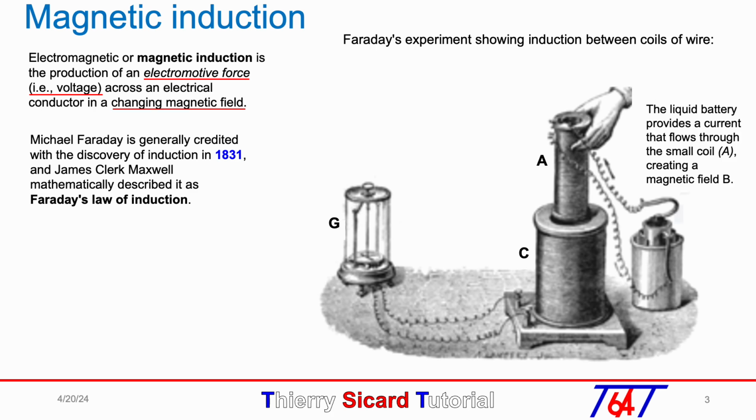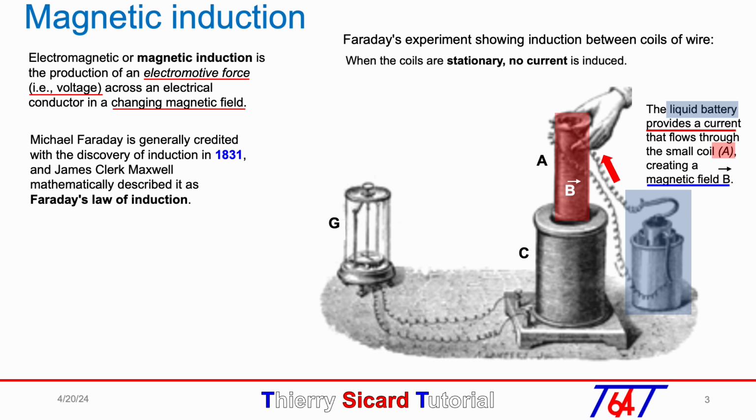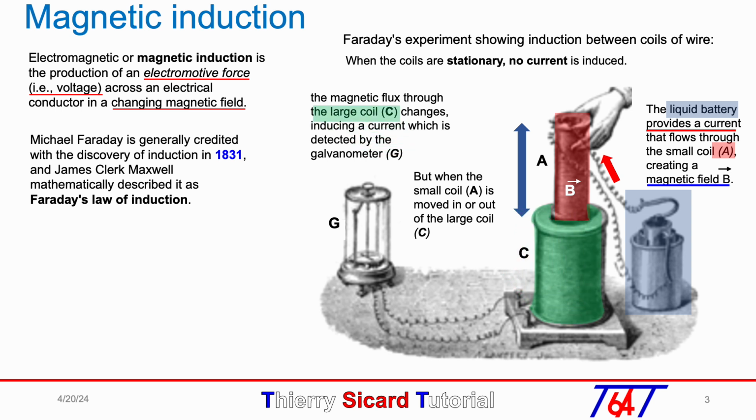First of all, we find the battery invented by Volta about 30 years earlier to generate a DC current source. It is used to supply a coil A to create a magnetic field B. When both coils, noted A and C, do not move, no current is induced. But when one of the coils is moving compared to the other one, the coil C generates a voltage detected